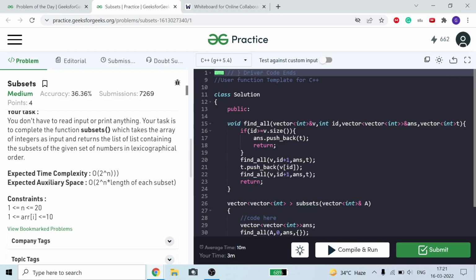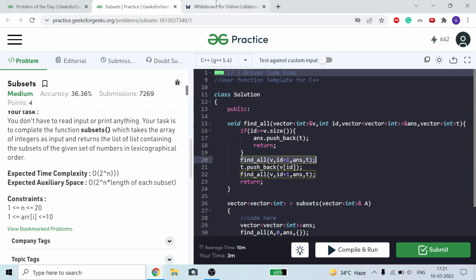Now here id is our current index. If our id is greater than or equal to v.size, then it means our vector t, or temp, contains a subset, and we just push it back to our answer and return. Else we call the function findAll by incrementing the index.